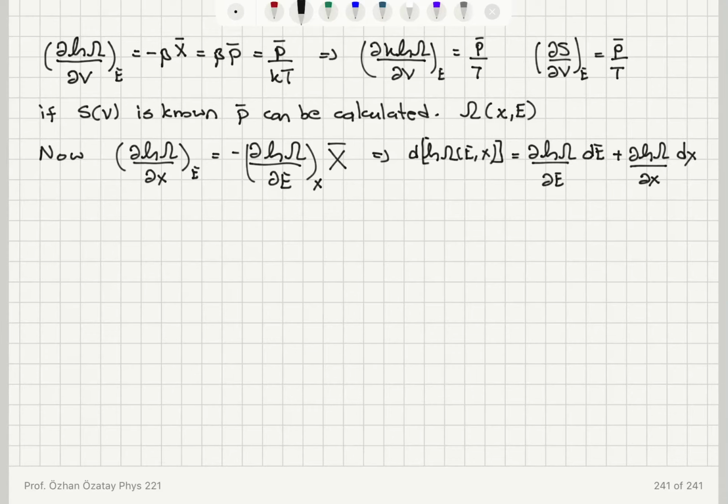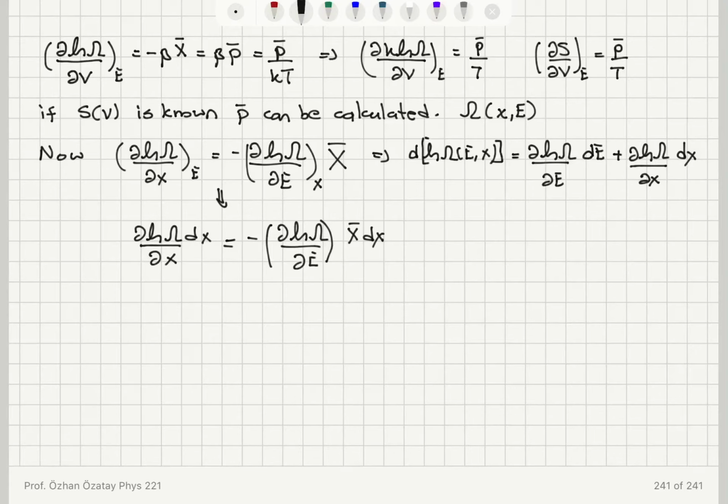So the derivative of natural logarithm of omega with respect to X under constant energy multiplied by dx is equal to minus the derivative of natural logarithm of omega with respect to E times X bar dx,